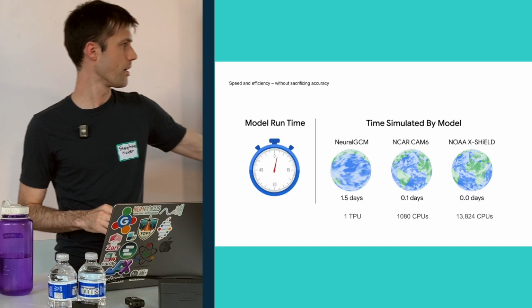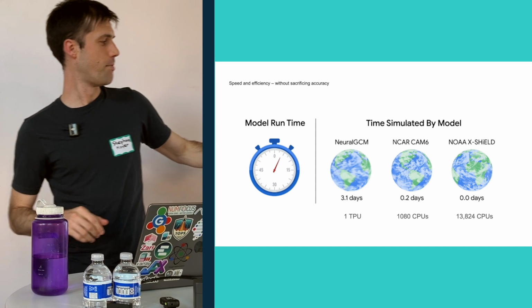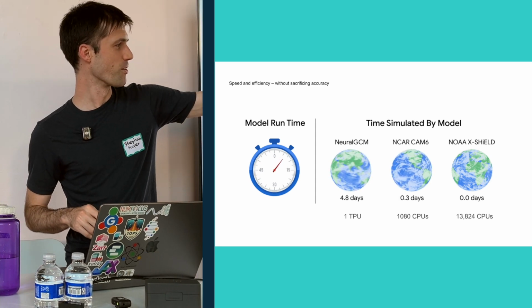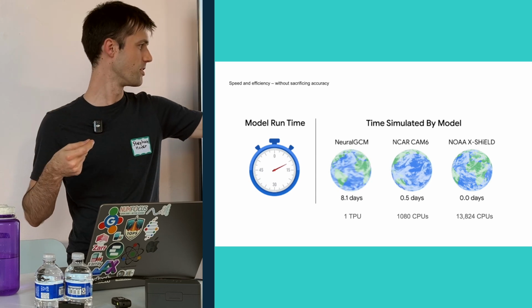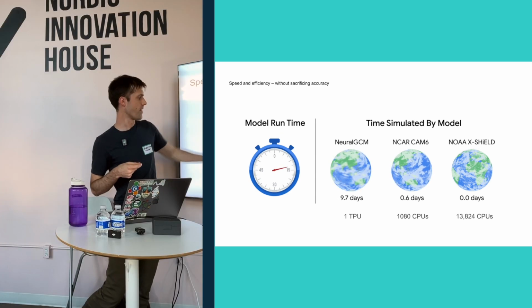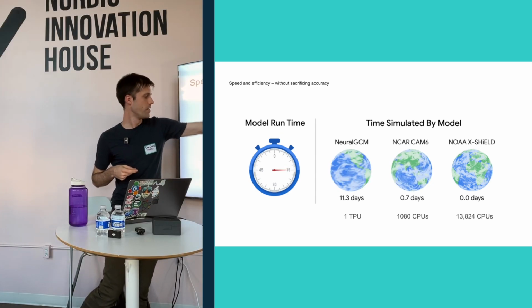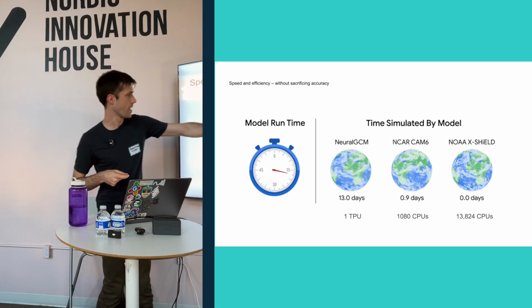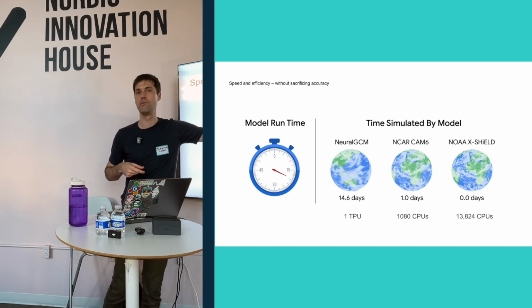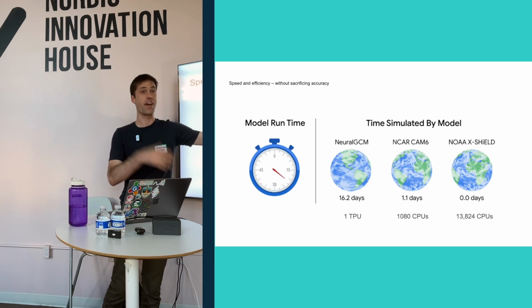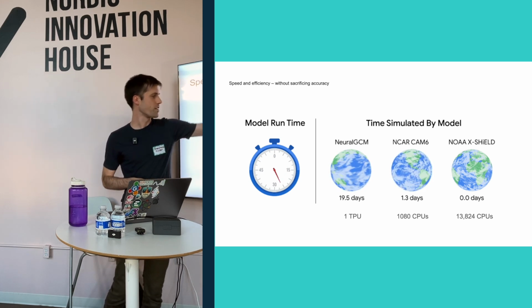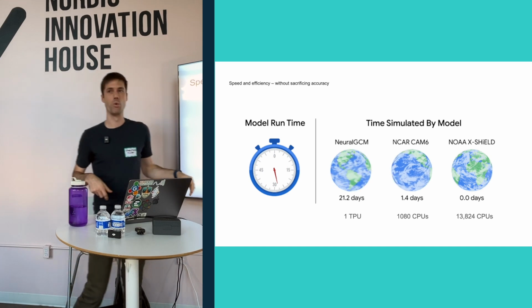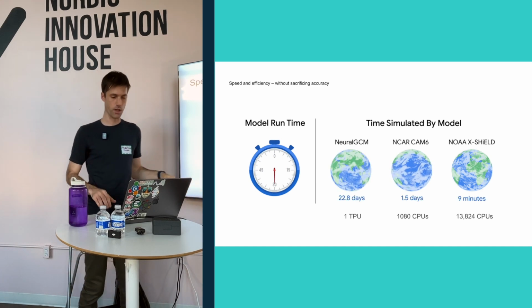And again, the last point here is a fun graphic that we made about how fast these models are, comparing NeuralGCM to the real-time simulation. It spins one time per simulated day here. This shows how fast we're able to simulate things compared to operational climate models like CAM6, which is a workhorse climate simulator. It's still really expensive, like 1,000 CPUs, and it moves along slowly. Or this X-Shield thing that's honestly way too slow for anyone to actually use today.